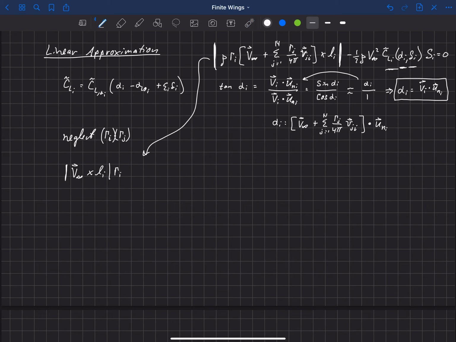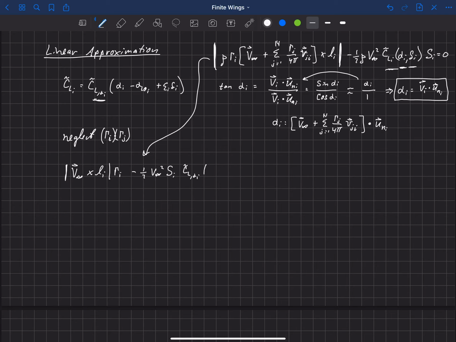And now we're going to plug this alpha I term into this expression here and substitute that in for this right here. So what I get, and let's just write this out, is minus 1/2 v infinity squared, and I'm going to move that si there right after v infinity so I don't forget it this time. And then we get cl alpha I from this stuff up here.